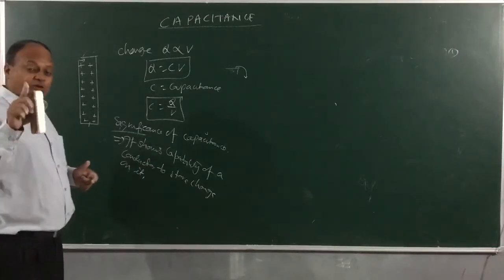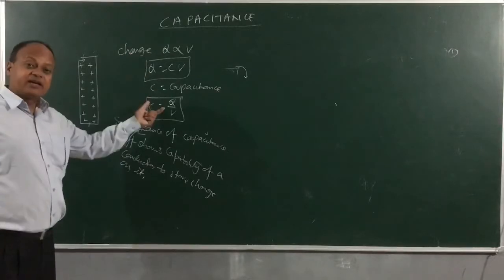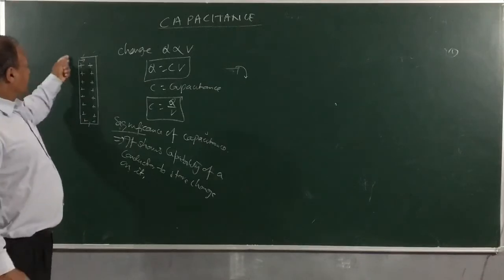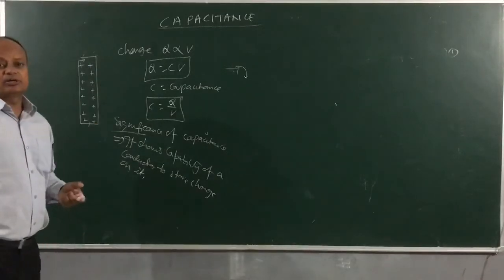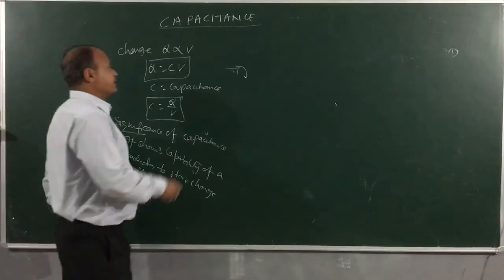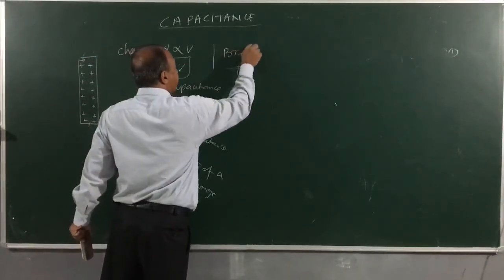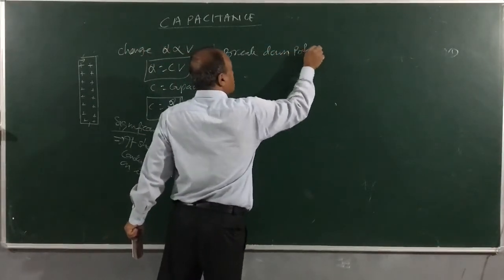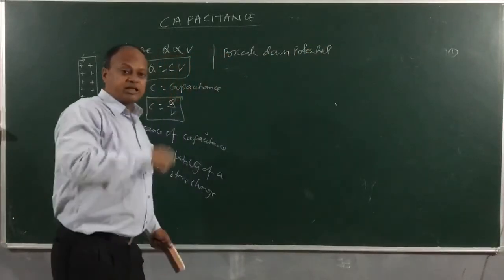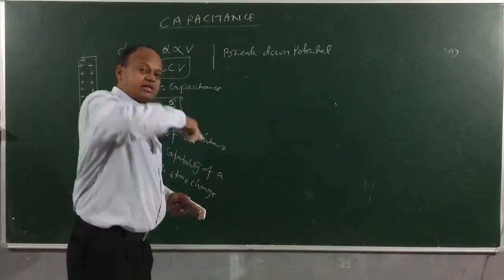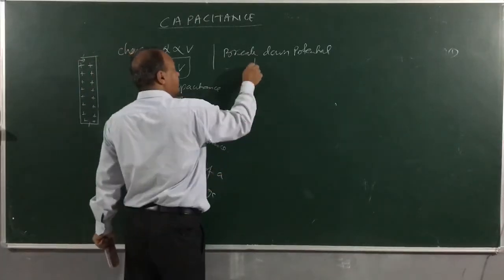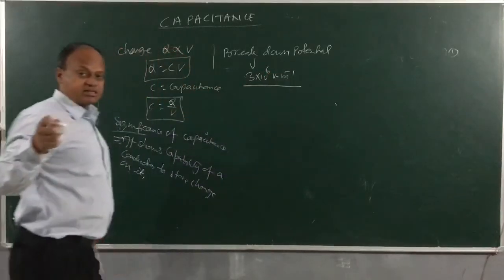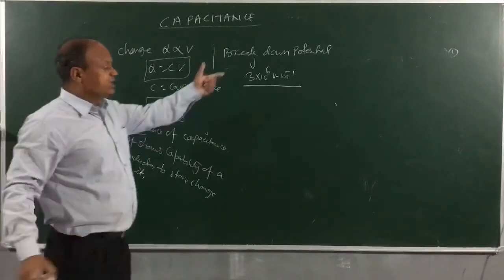But again, I caution you, don't think that I can go on charging infinitely. I cannot. I can only charge it up to a point till the air becomes conducting around it. And this particular potential is called breakdown potential. What do you call it? Breakdown potential. I cannot charge beyond this because air will start conducting, and then every time I transfer, the charge will go to the surroundings, and its value is 3 times 10 to the power 6 volt per meter. I can't exceed this. Nevertheless, within this potential limit,